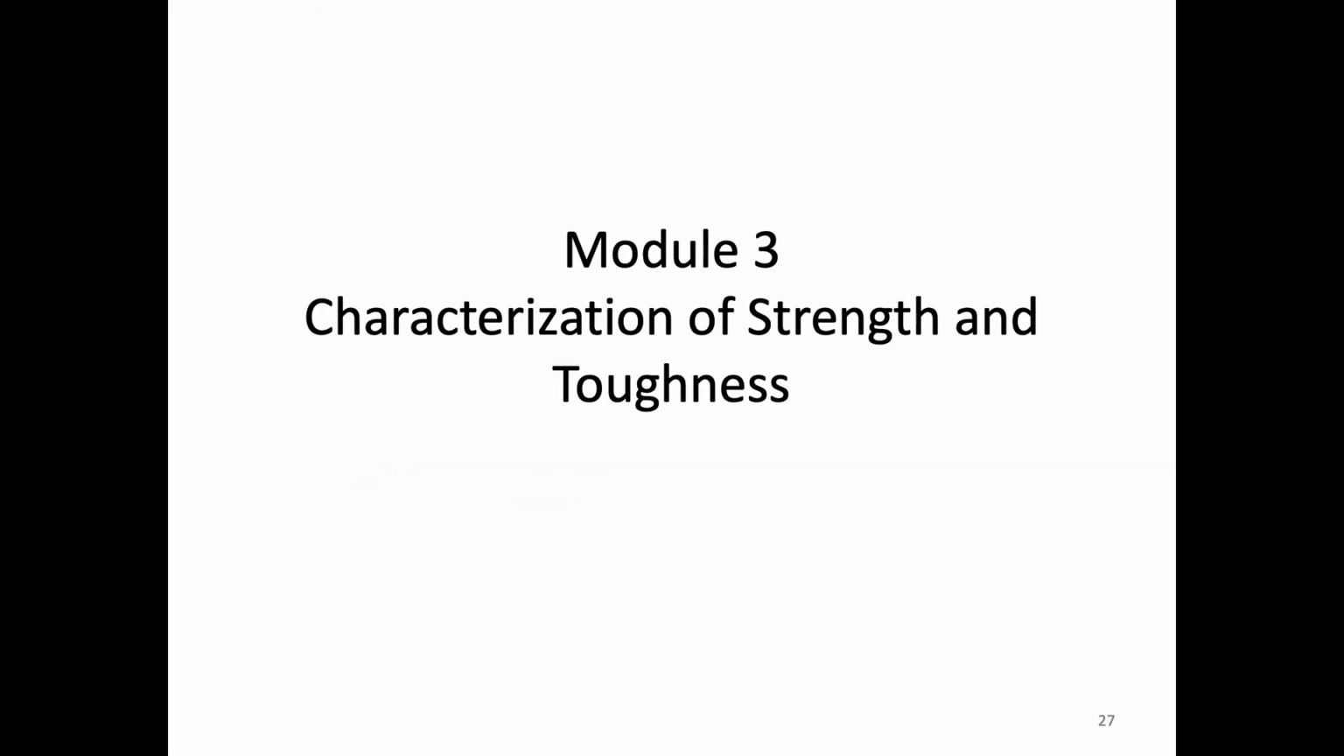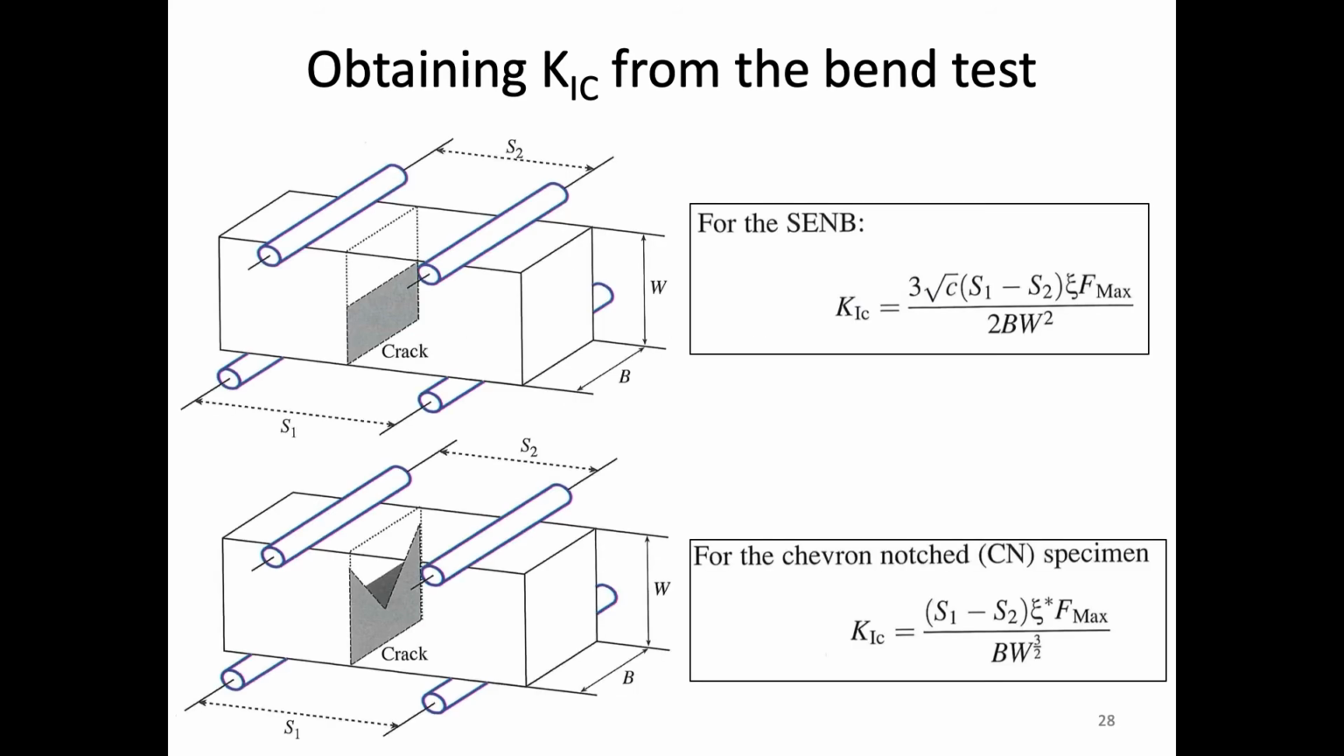All right, so now let's look at some of the ways that we can characterize or measure this fracture toughness, K1C, but also the strength of ceramics. One of the ways that we can get K1C is through a bend test, and we're going to talk more about this in a little bit as well, but you'll probably remember bend testing from the lab,